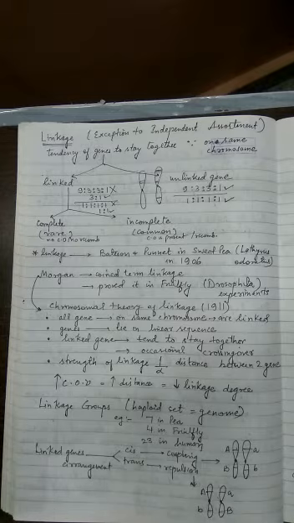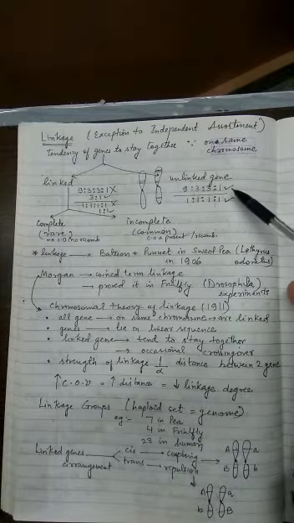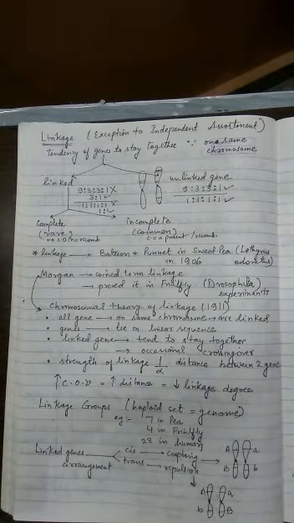So whenever there are unlinked genes, the dihybrid ratio of the F2 generation will always come 9:3:3:1. And the test cross ratio, what is test cross? In a dihybrid case, when you take a heterozygous individual, that means both the genes will be in the hetero form, like capital Y, small y, capital R, small r, this will be called dihybrid heterozygous. When such an individual is crossed with the recessive, that means small y, small r, then the ratio will come out to be 1:1:1:1.